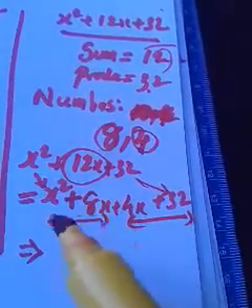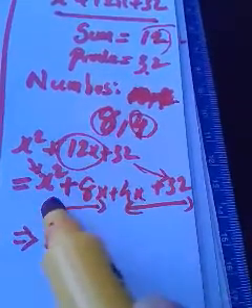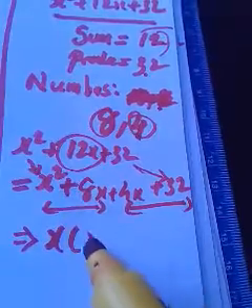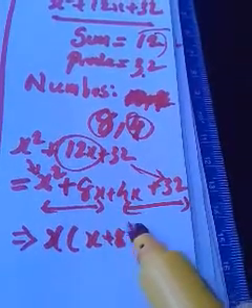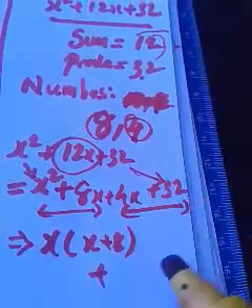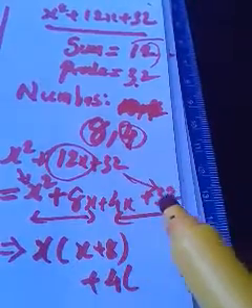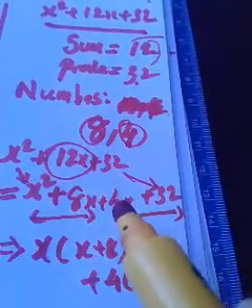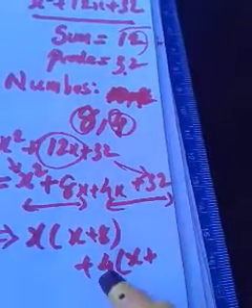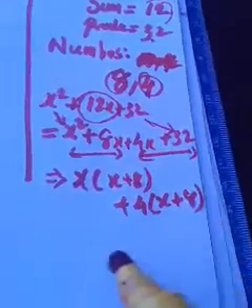Now just see, from these two terms you just take x outside, and what will remain? From these two terms we can easily take x outside, then here x will remain and here 8 will remain, so x plus 8. From these two terms what can we take outside? From 4x and this 32 you can take 4 outside, because 4 is a common factor for 4 and 32. Once you take 4 outside from this term, what will remain? x will remain. From 32 if you take 4 outside, what will remain? What is 32 by 4? 8. 8 will remain.